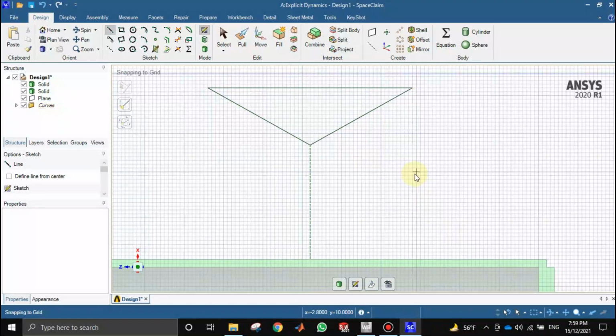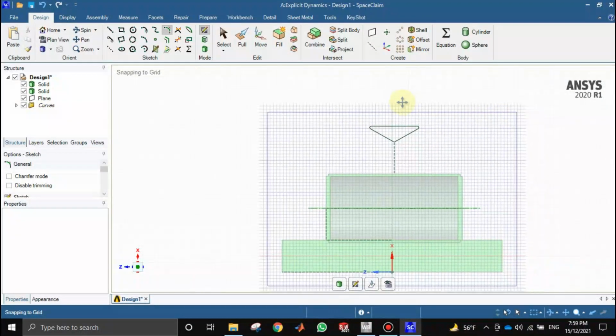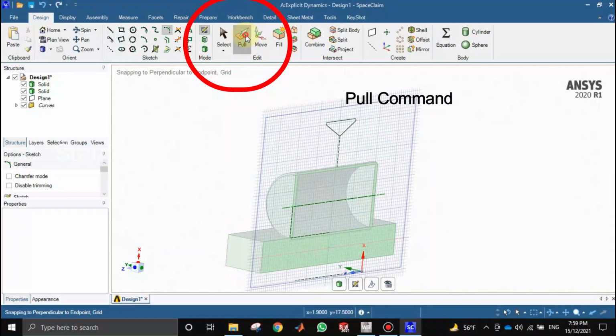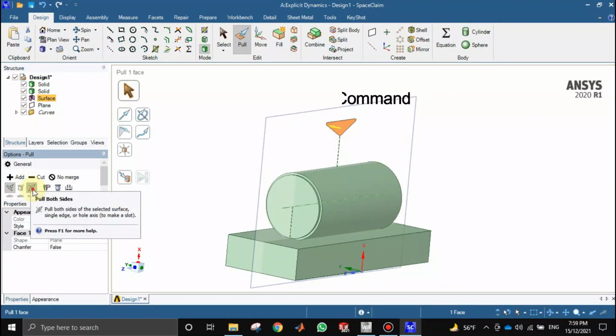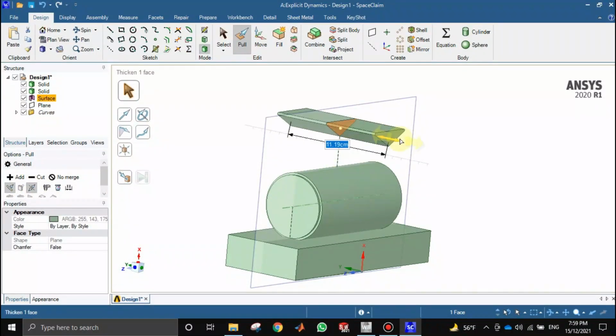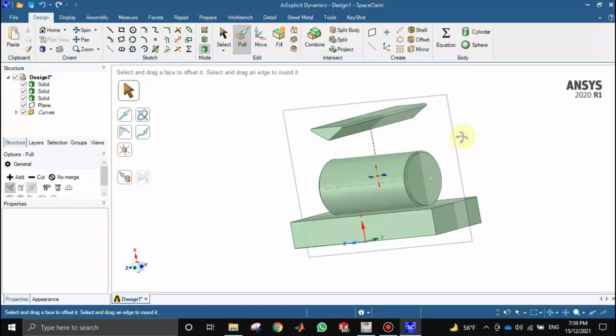Now select the fillet command from here and make two fillets of 0.13 radius. Again, we will use the pull command, select this face, select pull both sides and set its thickness to 15 centimeters. Here we go. Now our sketch here is complete.